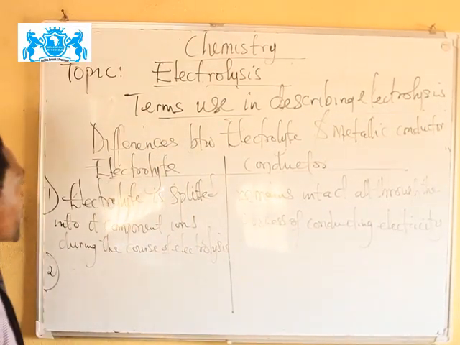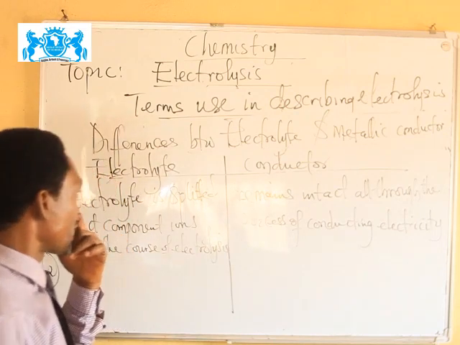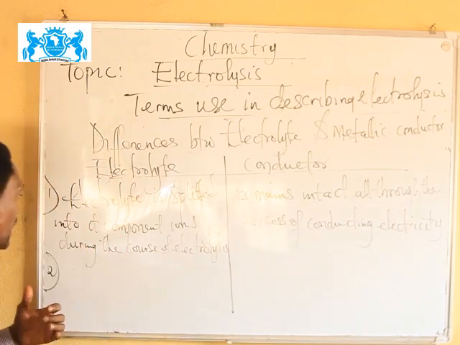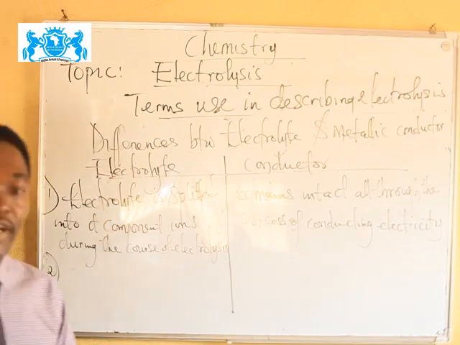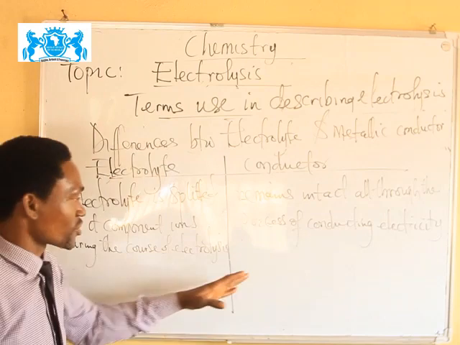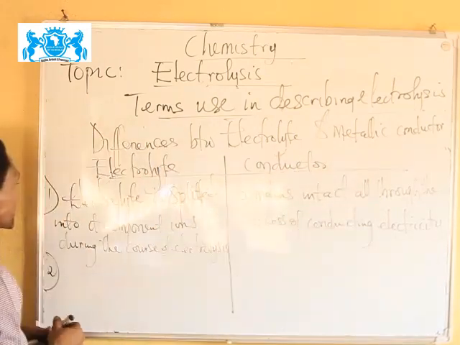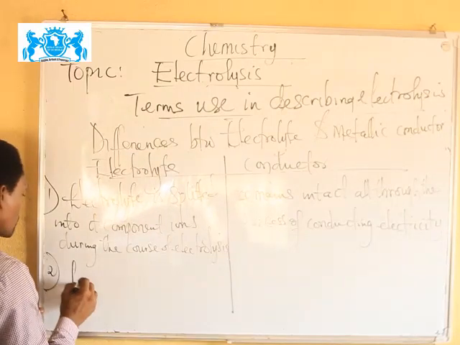Secondly, we can simply infer that electrolyte can undergo both oxidation and reduction, but nothing of such happens to a metallic conductor. So electrolyte can undergo